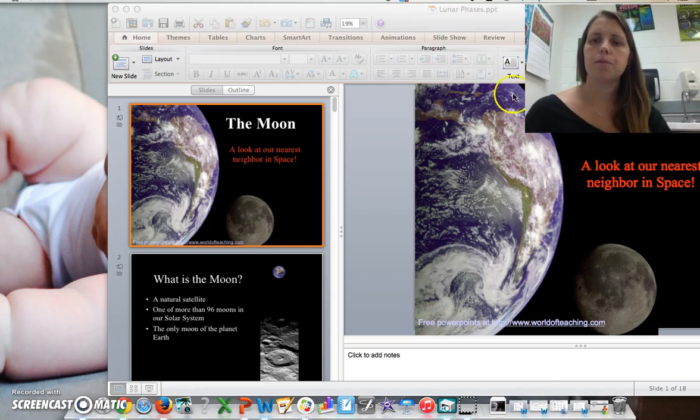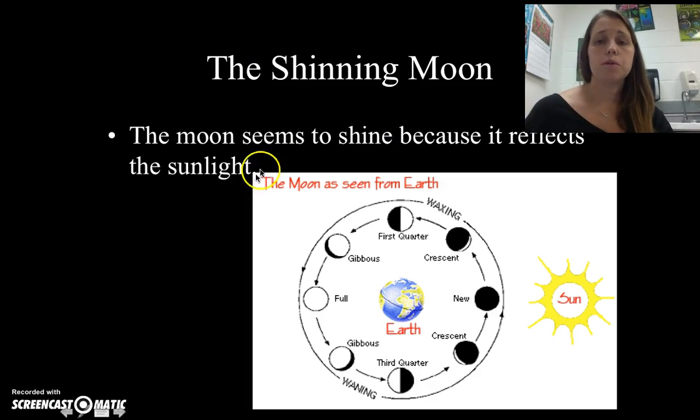The shining moon. So the moon seems to shine because it reflects the sunlight. The moon doesn't actually have any light of its own. It only reflects the sunlight. So here's our sun, here's the Earth, here's the moon. Now, if the sun is shining this way, the side of the moon that's facing away from the Earth is going to get all the light, and so the side that's facing towards us will be completely dark, and